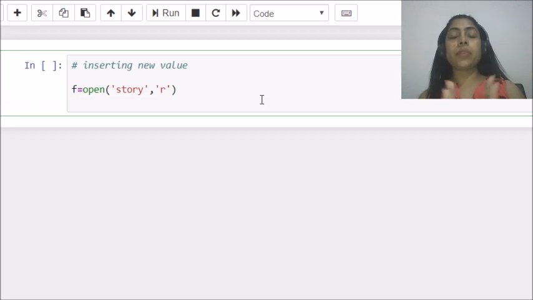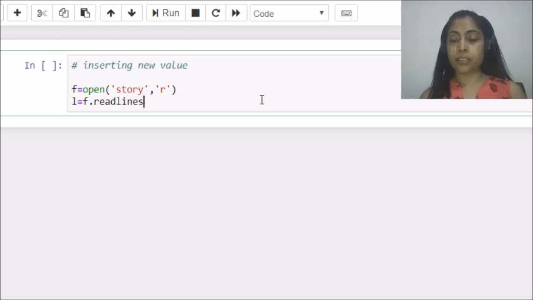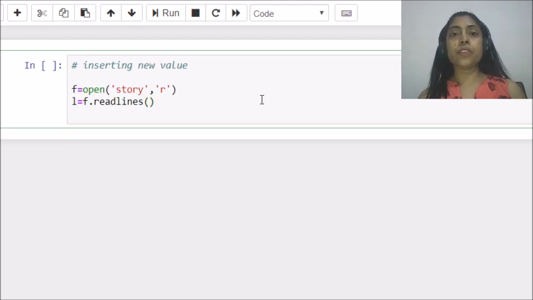I am taking all the content inside a list with the function readlines. It will give me a list of lines, a list of strings. Here I can close the file because I don't need this file anymore.